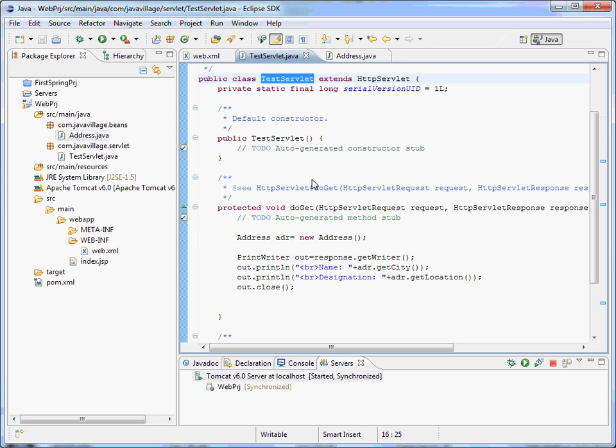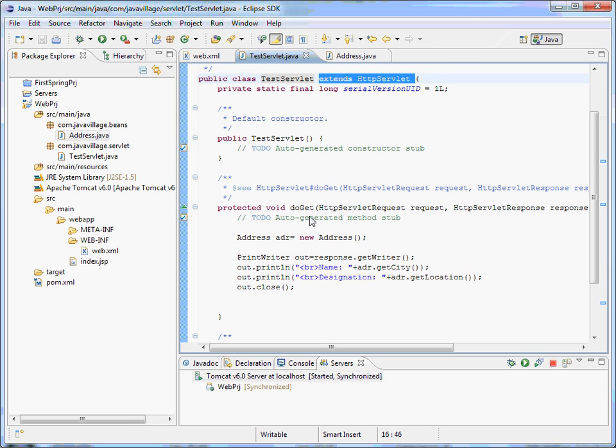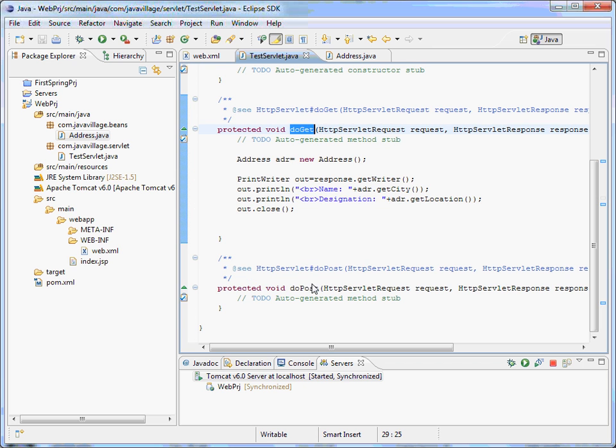The servlet class will be identified based on the extends HttpServlet. Based on the method, we'll have a different set of methods in TestServlet. For example, if our request method is get, we'll have a doGet, and if our request method is post, we'll have a doPost. As of now, I am trying to use the get method, so I am writing an implementation inside the doGet method. Inside doGet, I will show how parameters are handled and how a response will be passed to the screen.